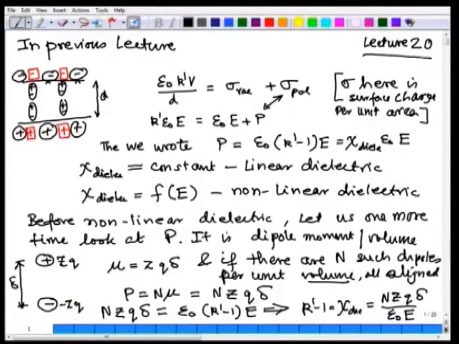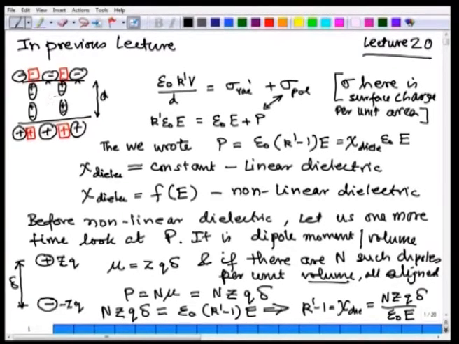I have written down some summary of what we did in the previous lecture. I had built a parallel plate capacitor. In vacuum, if there were no dielectric material inside and you apply a voltage V across this parallel plate capacitor, you would get these black colored charges, and that will be sigma vacuum, where sigma stands for surface charge per unit area on the electrode plate. That would be the charge you would generate, but if you put a dielectric material inside, then there